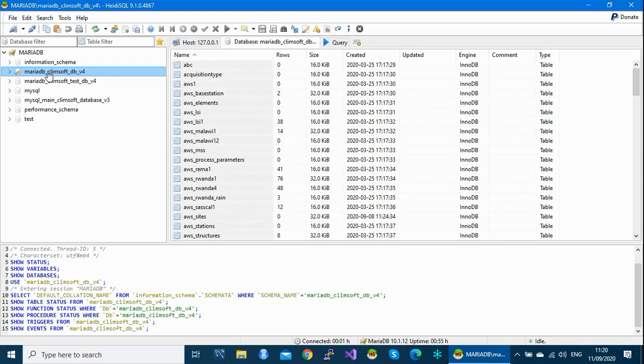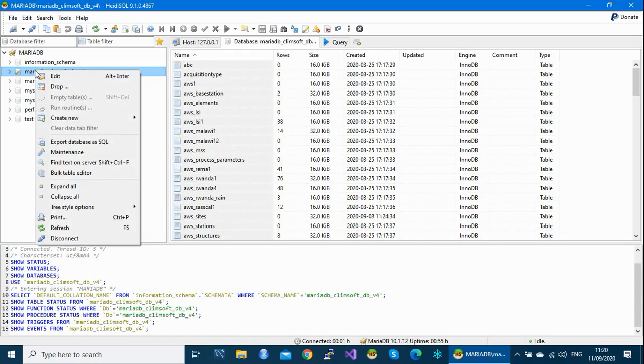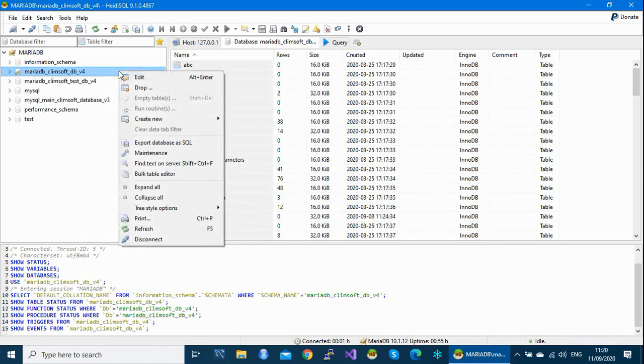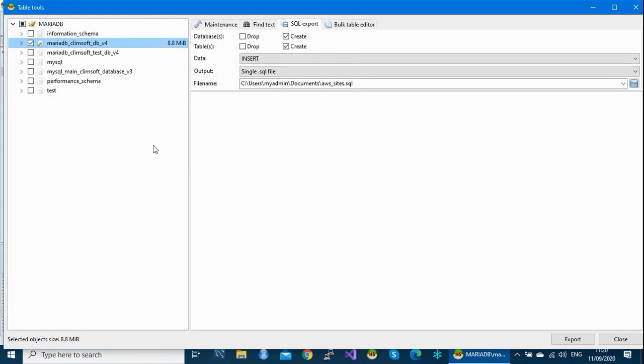Now, what to do? Right click this database, and then select export database as SQL. Is it okay? So I repeat, right click this database, and then select export as SQL. Here you need to watch carefully.